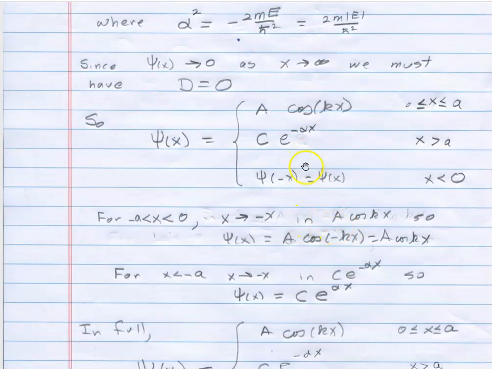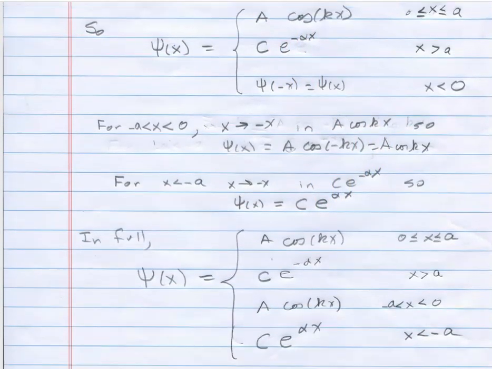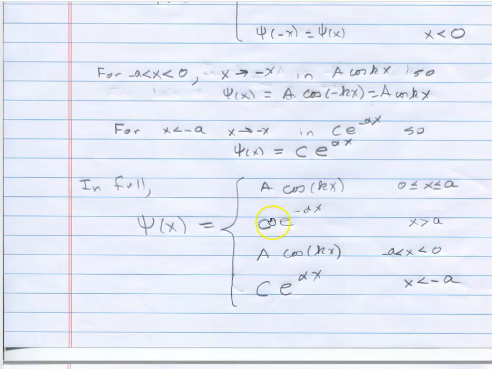The other one is a little bit different because now I look at c e to the minus alpha x. This is for x greater than a. For x less than minus a, I simply let x go to minus x in the x greater than a solution. And when I do that, this c e to the minus alpha x, let x go to minus x, becomes plus alpha x. And to write that out in full, which I almost never will, most authors don't,